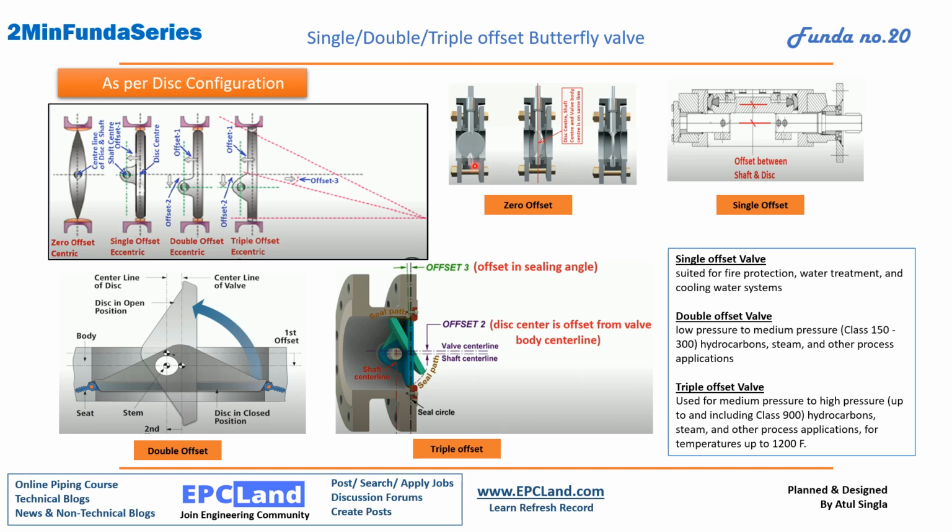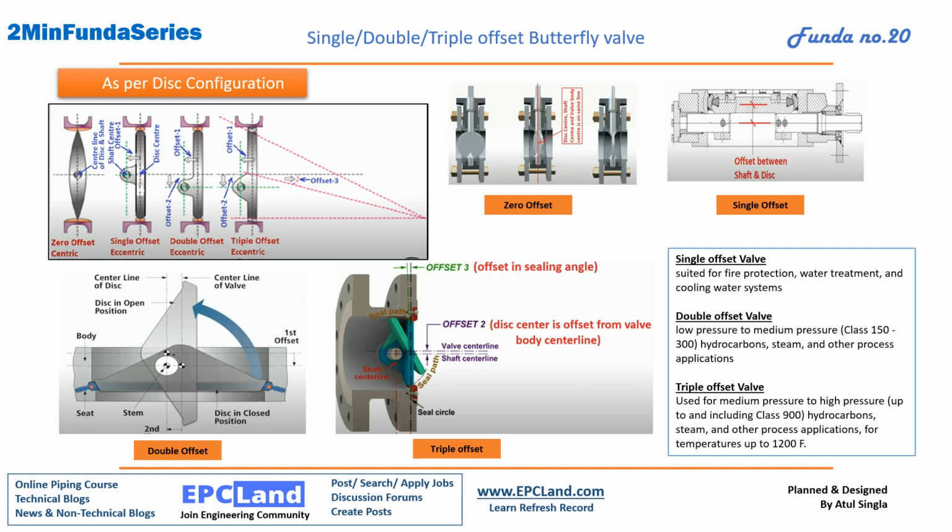Here, if you see, this is the open position, the disc is partially opened, and this is fully closed. Now the disc center line and the shaft center line are matching, so this is zero offset, there is no offset at all. In single offset, we are doing an offset here. This is the center line of the shaft, and we have done some offset. This disc is at some offset,